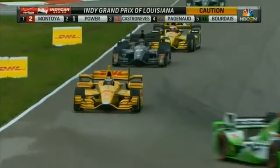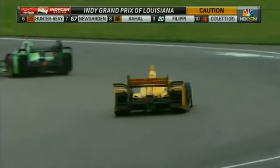It's Chevy's in the first 5, and then Ryan Hunter-Reay in his very familiar number 28, the first Honda in